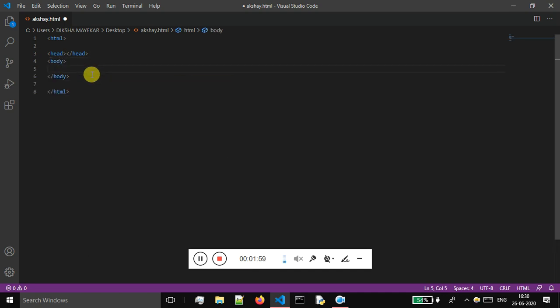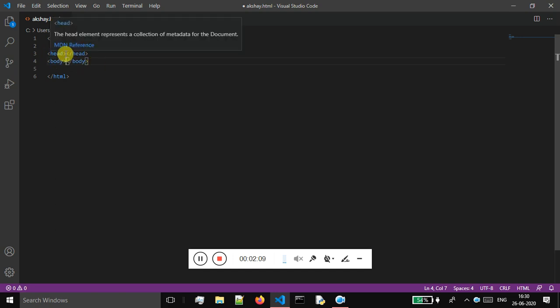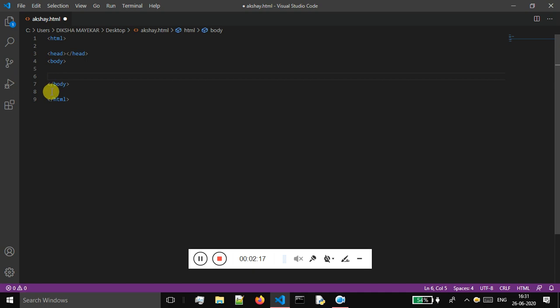So inside of our HTML there are these two tags which are head tag and the body tag. This is the head tag and this is a body tag. I'm opening head tag, and I'm also closing that head tag. I'm also opening body tag, and I'm also closing my body tag. Whatever that you want to display on a web browser, that content should be going inside the scope of this body tag.